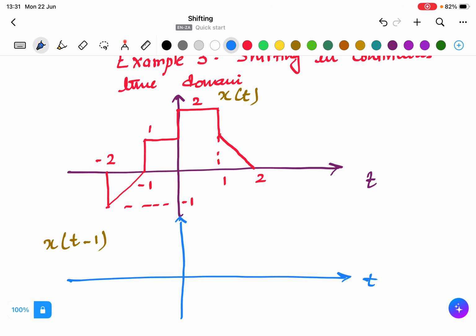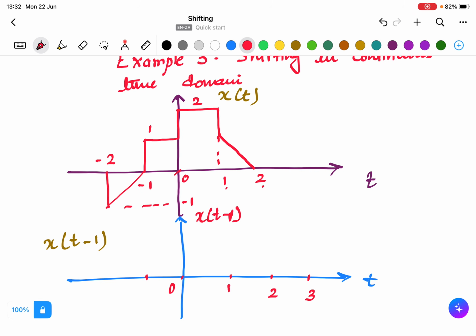Shifting to the right side means that whatever the value you have, it's shifting to the right side. So 2 will shift to 3, whatever the value is given to you here. 1 will shift to 2, 0 will shift to 1, minus 1 will shift to 0, minus 2 will shift to minus 1. In this way we are going to plot it. So whatever the value you have at 0 will be now shifted to 1. So let's say this is 1, this is your 2, this is your 3, 0,